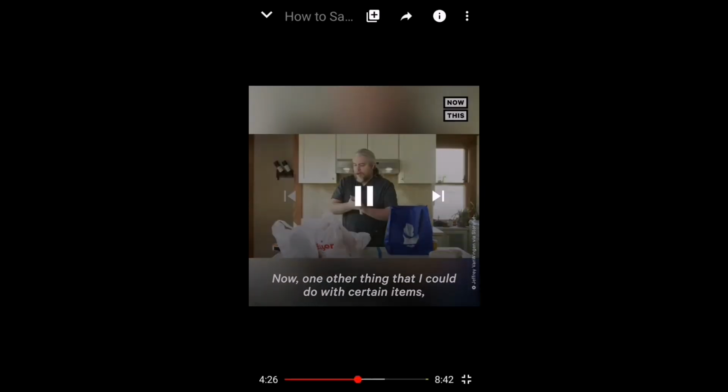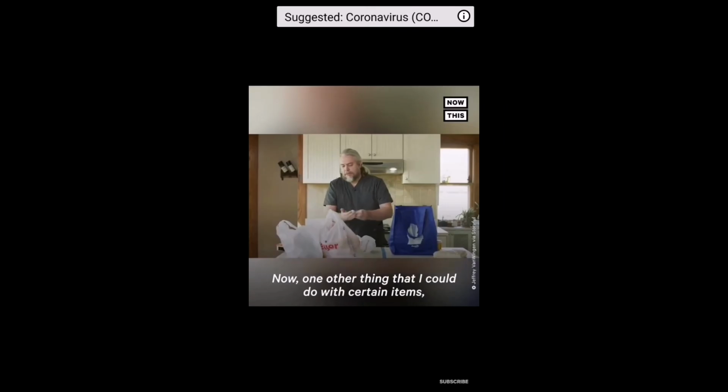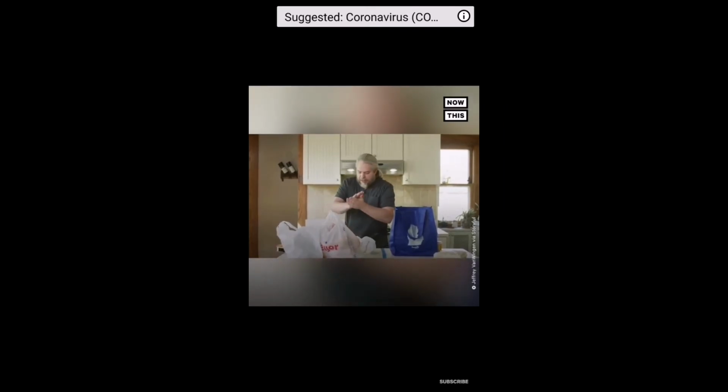Now, but that broccoli could have, someone could have touched that broccoli in the past 72 hours. I think he should have dumped that broccoli in water and gotten it clean before putting it into that bag. So I don't know. One other thing that I could do with certain items, such as this bread,